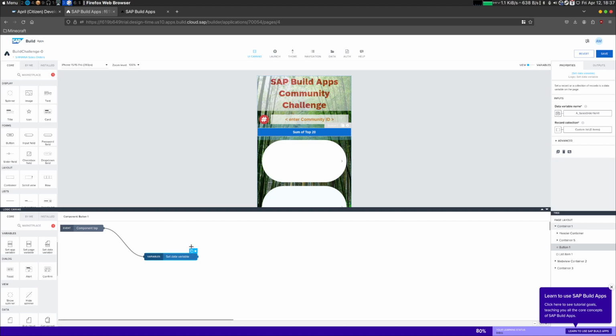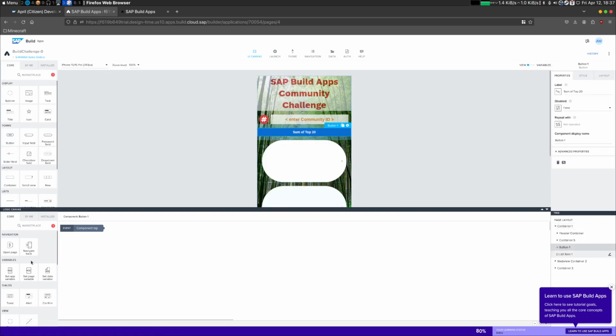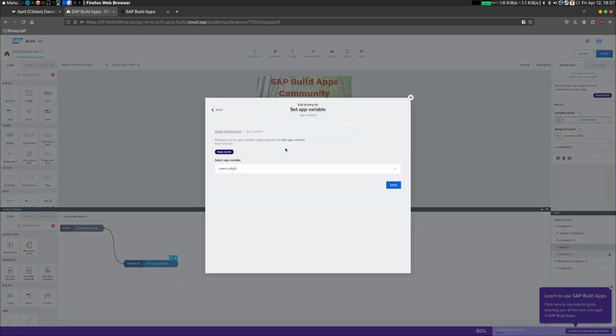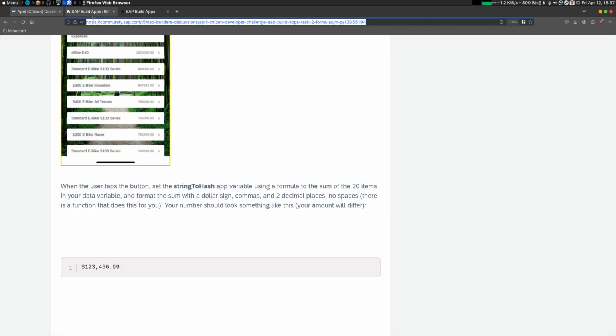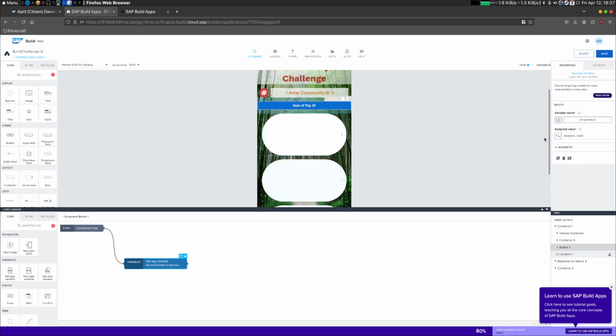No, I'm lying, it's not. We're going to use a data variable, but we want to set an app variable. Yeah, that's correct. So let's do it. Select which variable we're going to use, and it's the string to hash. Okay, and now